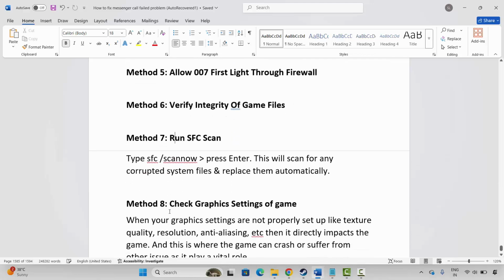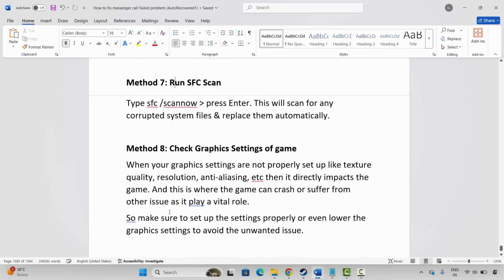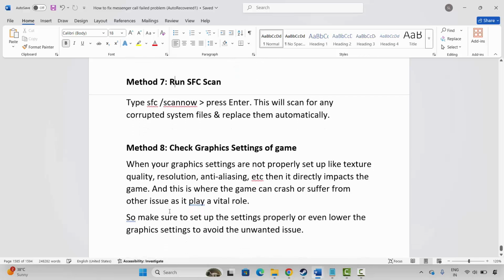Next is check graphics settings of the game. So if you are able to log into the game but still it crashes, then you can check the graphics settings of the game, because most of the time the graphics settings are not properly set up, like texture quality, resolution, anti-aliasing, etc. Then it directly impacts the game, and this is where the game can crash or suffer from other issues. So make sure to set up the settings properly or even lower the graphics settings to avoid any